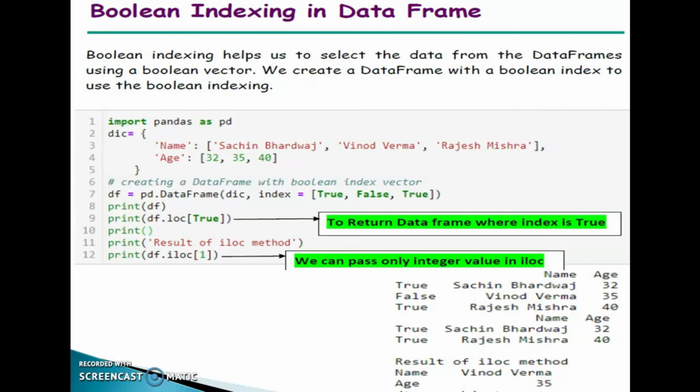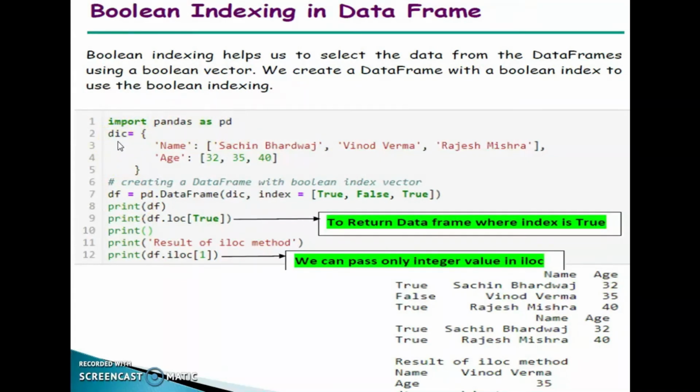Then Boolean indexing in data frame. Boolean indexing helps us to select the data from the data frames using a Boolean vector, that is 0 or 1 or true or false. We create a data frame with a Boolean index to use the Boolean indexing. Consider this example. Import pandas as pd.